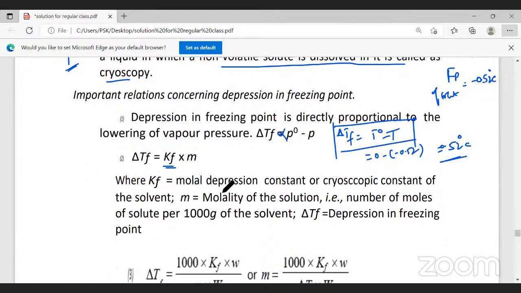What is this molar depression constant? In elevation constant, it was Kb into m. In depression constant, it's Kf into m. What is Kf? Kf is called the molar depression constant, or